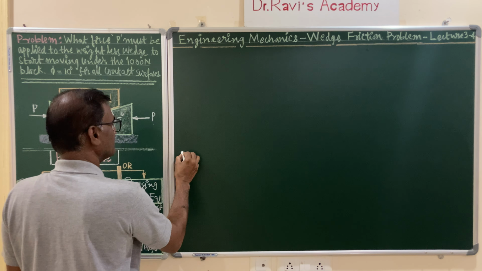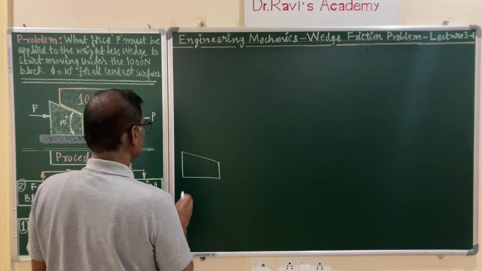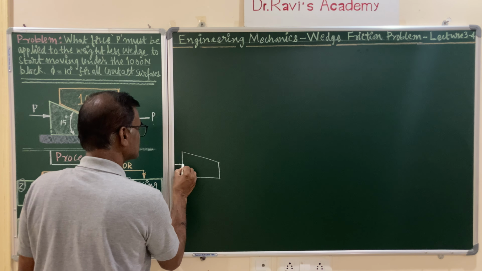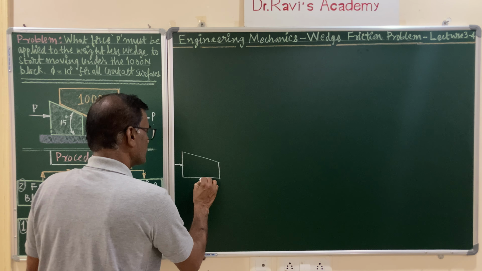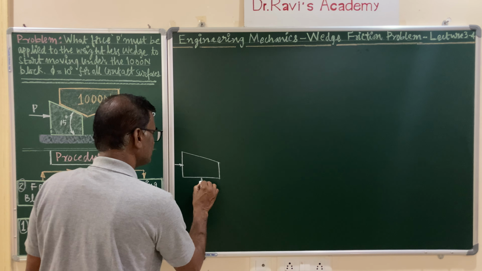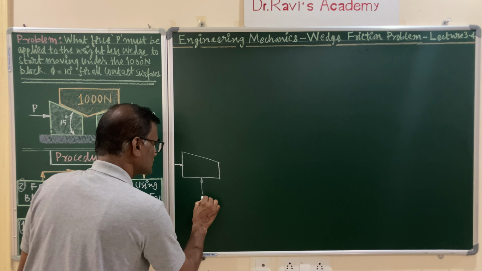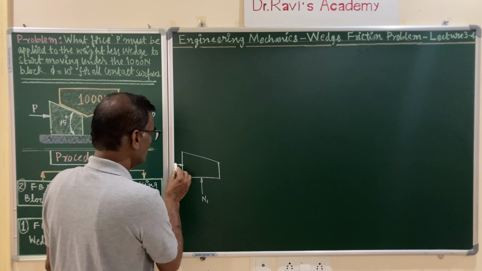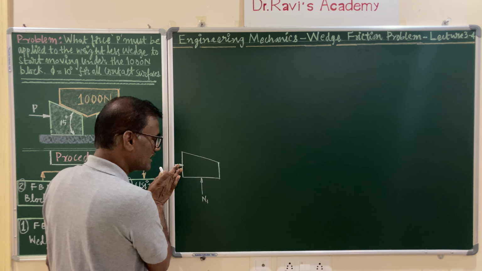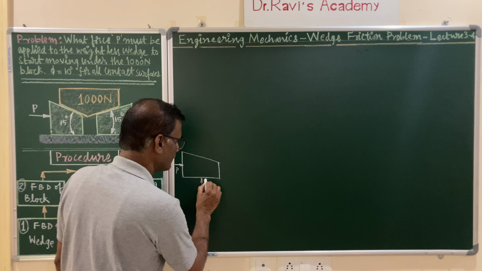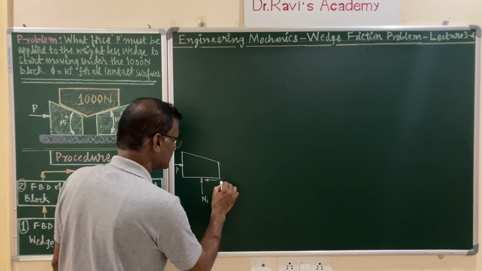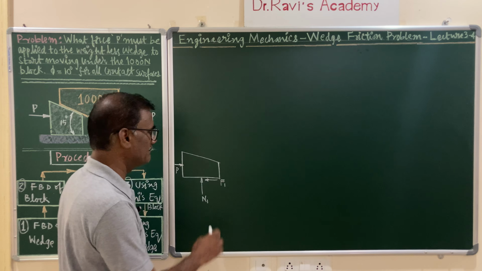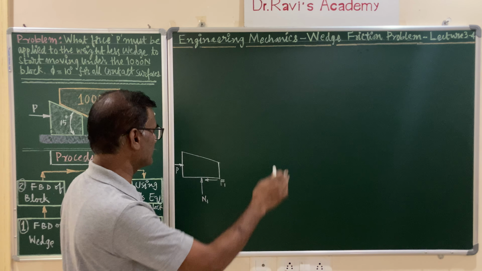Let me take somewhere here 15 degrees, and the force is acting to the right. Let us incorporate the normal force. I am calling the bottom normal force as N1, and here when force P is acting, the impending motion is to the right. The frictional force F1 is exactly opposite to the impending motion,